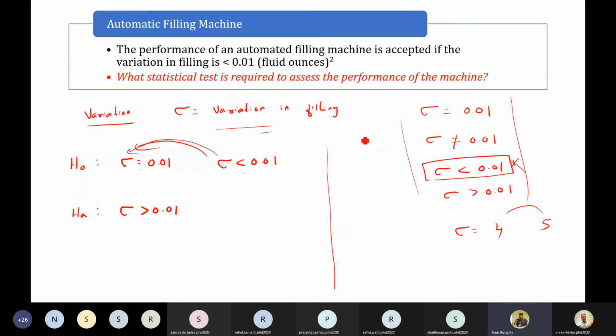And if I find out with experimentation with some samples, and if I find out the average, right? So if the average is more than 0.01, I will go with the alternate. If it is 0.008, which is less than 0.01, then also I go with the null hypothesis itself. So that is what you need to be careful about.